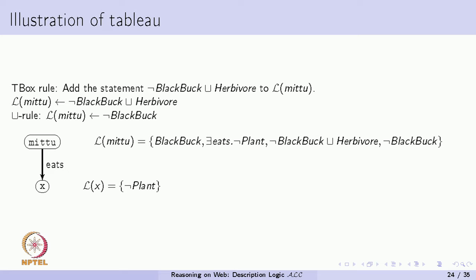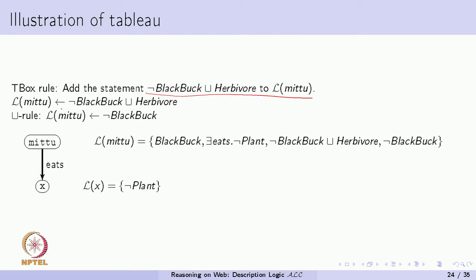Then we take a rule from the T box. Remember, we can always take any rule from the T box, because this particular rule simply says that black bugs are herbivores, which we have converted into negation normal form. We can apply it to mid2, which means if mid2 is a black bug, then mid2 is a herbivore. So, we can apply any such statement to the knowledge base,